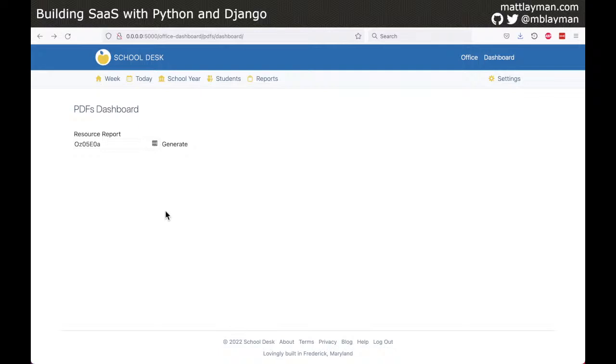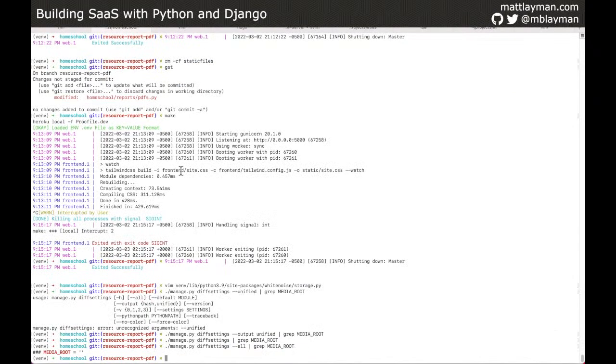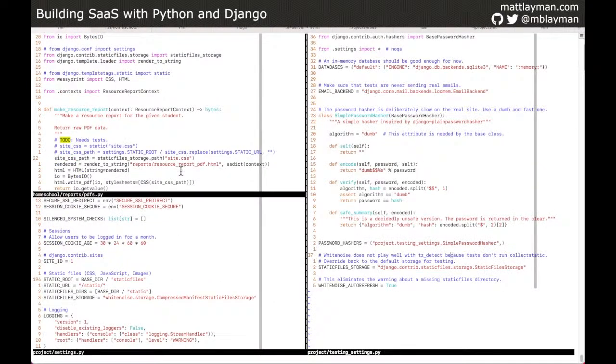Anyway, so what we need to do is get back to how we make it load just like the settings, the site CSS file is being loaded properly here and not throwing some kind of file error. So there must be something that this code path is doing differently to find the right file to look up instead of the static files location. So it's not just as simple as a path call here. I have a feeling we're going to find the answer in the middleware. So if we go to my list of middleware,